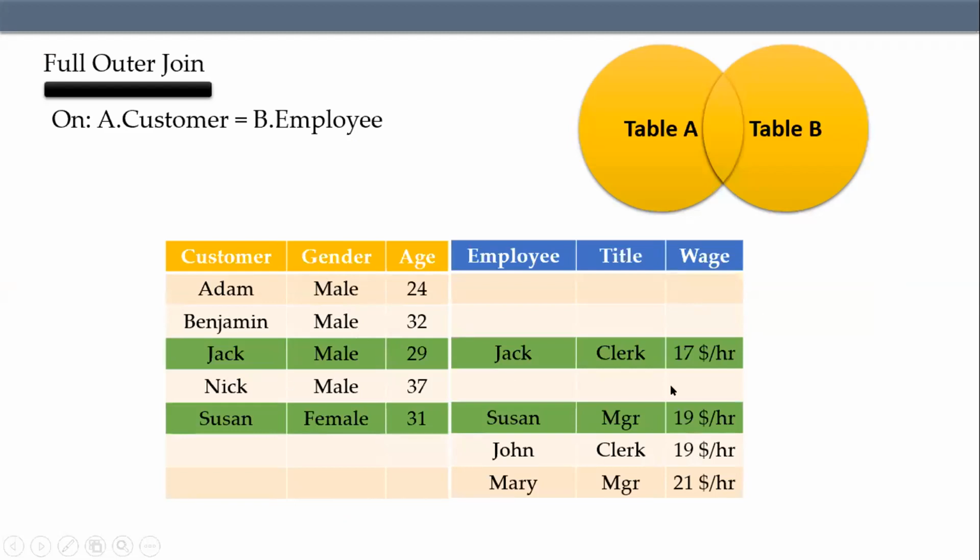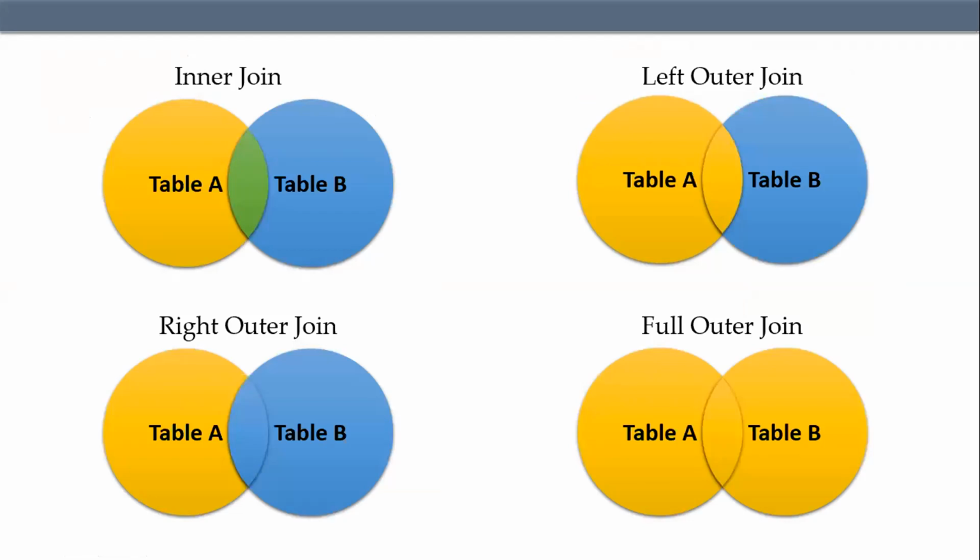Just for representation purpose, in terms of what actually happens in a join: this is what is called an inner join. This is what we saw, where you're keeping only records which are matching. On the left outer join, you keep all data of the left hand side and whatever is matching from the right hand side. In the right outer join, you keep all the records of the right hand side and only additionally whichever records are matching from the left hand side. And in a full outer join, you keep all records irrespective of whether they match or not.